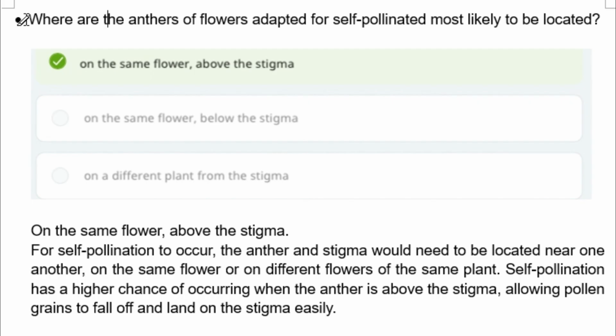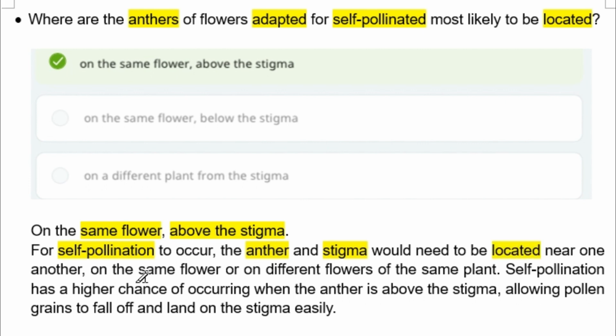Where are the anthers of flowers adapted for self-pollination most likely to be located? On the same flower, above the stigma. For self-pollination to occur, the anther and stigma would need to be located near one another, on the same flower